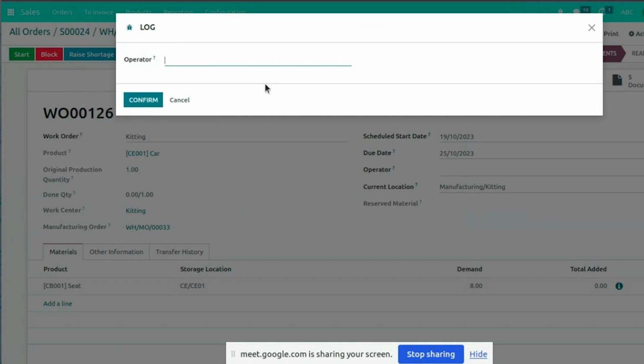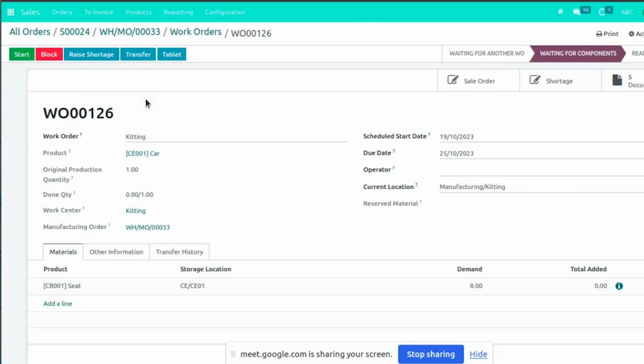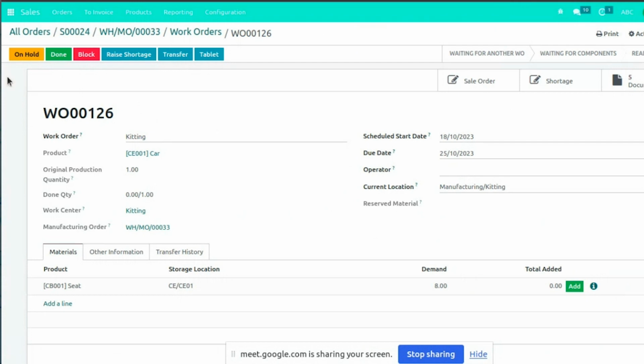So operators are the ones who will be using the manufacturing orders, and the purchasing team will be managing all the material requests. He will be confirming the material request, generating the purchase order, and then allocating the shortage to the specific work order. So the operator will start, like let's suppose AKA has taken this work order and he has started working on that. Now you can see the automatic reservation has been blocked from the Odoo default configuration panel